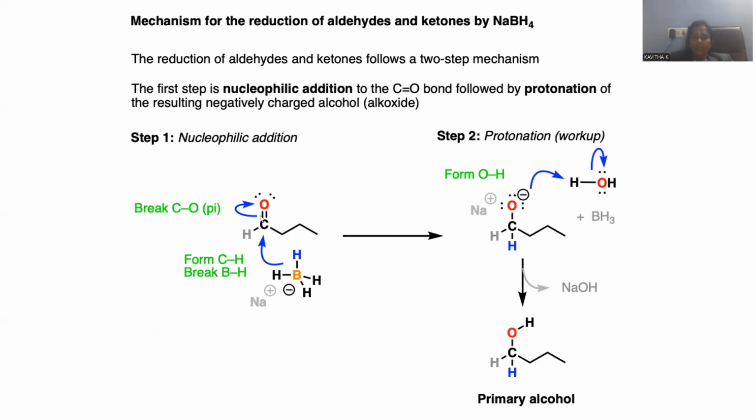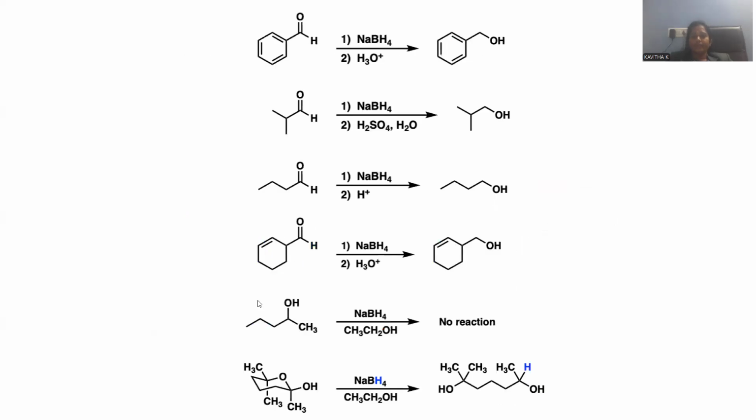In the same step, there is a simultaneous migration of the pi bond towards the oxygen. Making of the bond and simultaneous breaking of the carbon-oxygen bond are possible within the concerted mechanism, giving rise to a primary alcohol in the case of an aldehyde. And there are extendable applications you can notice. Benzaldehyde, as we just saw, gives rise to benzyl alcohol.